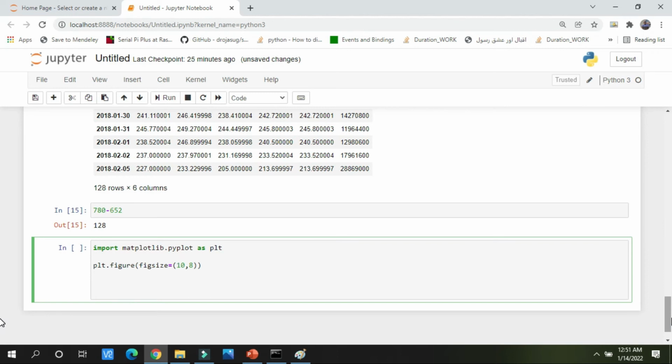Please remember, the first strategy is to use the loc function. The loc function is to access the data by using the labels assigned to it. So I am going to the main data, which is fb, and I am writing loc.